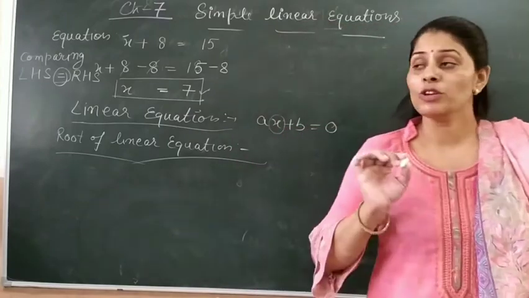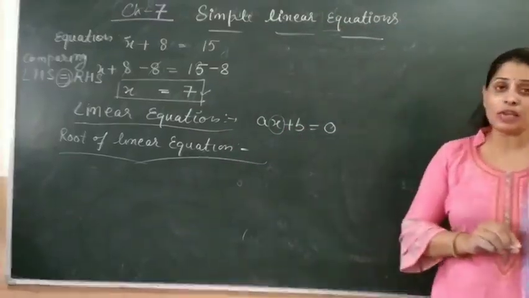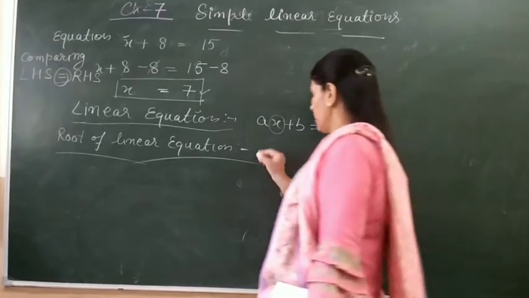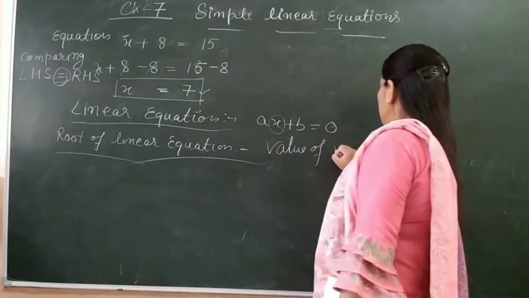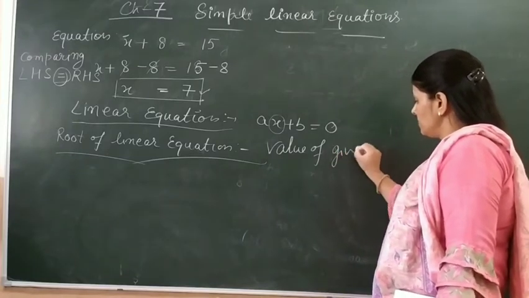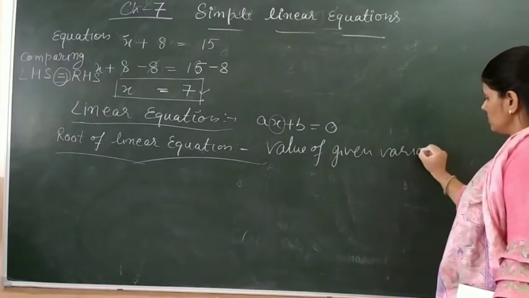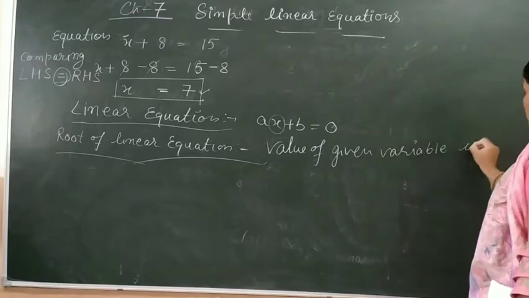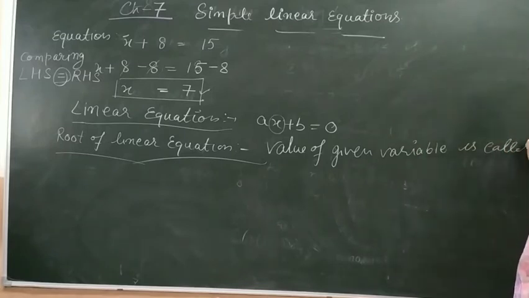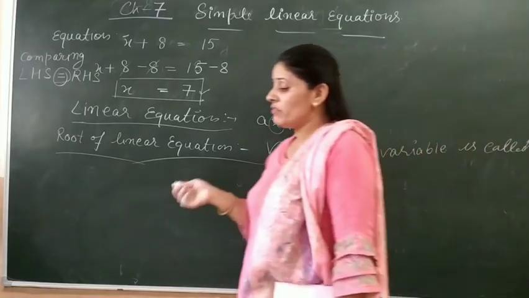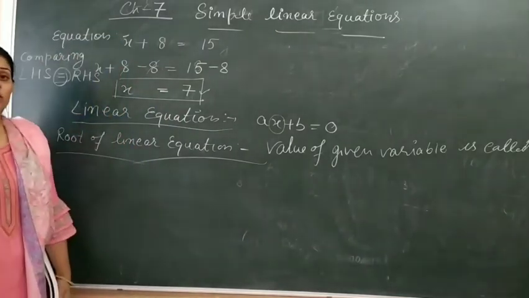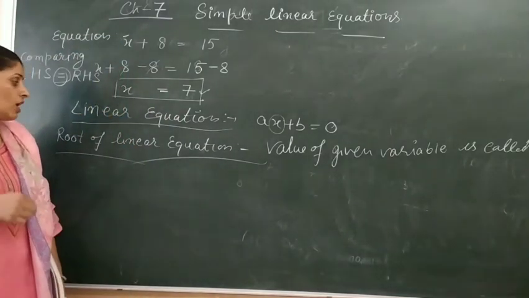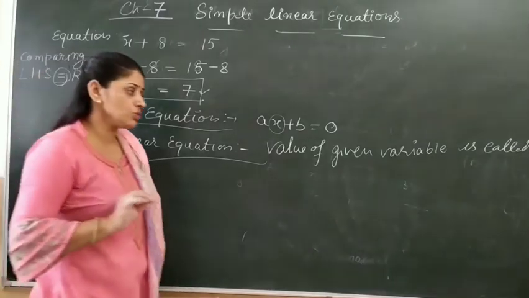The value of x, the value of the given variable, is called the root. जो भी गिवन वेरिएबल होगा हमारे लिनियर इक्वेशन में, उसकी जो वैल्यू हमारे पास आएगी, दैट इज योर रूट ऑफ दैट इक्वेशन. एंड लिनियर इक्वेशन हैव वन रूट